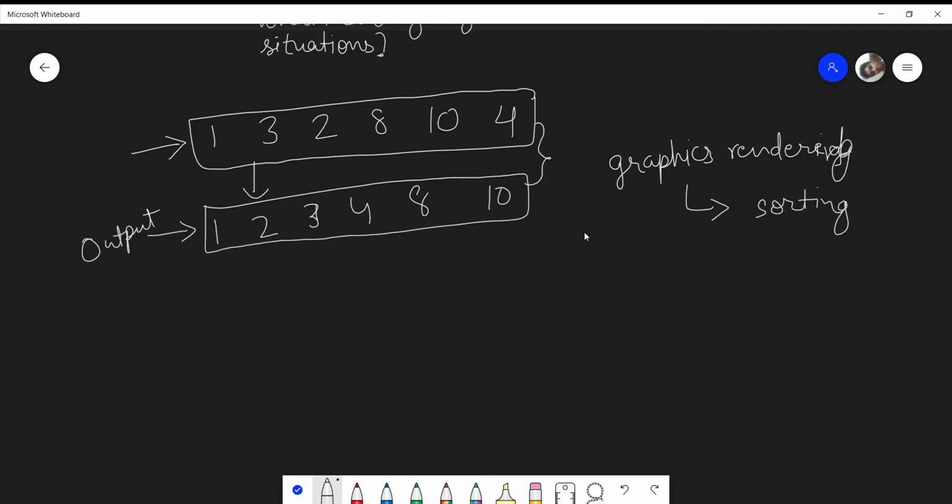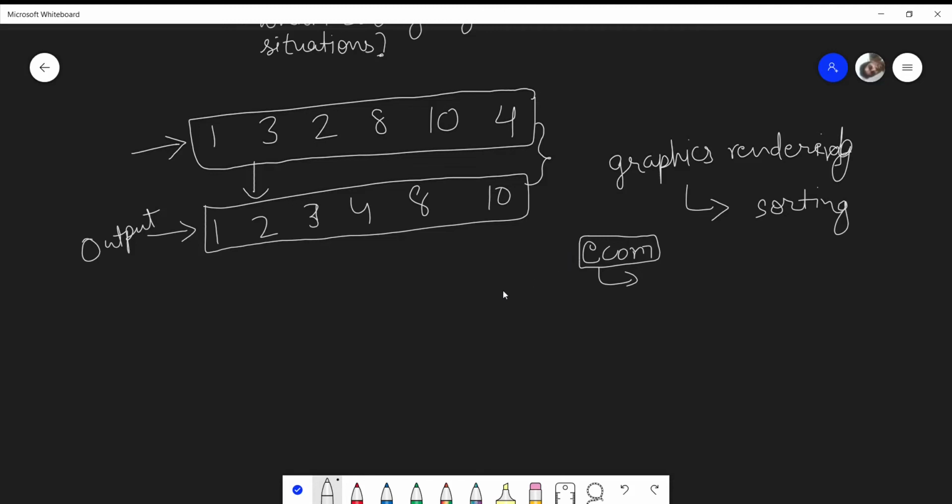And you must have seen in many e-commerce websites as well, you can sort by price or sort by, let's say, date of manufacturing. So all I want to state is that sorting is being used in many ways, and it also makes more complex tasks easier.